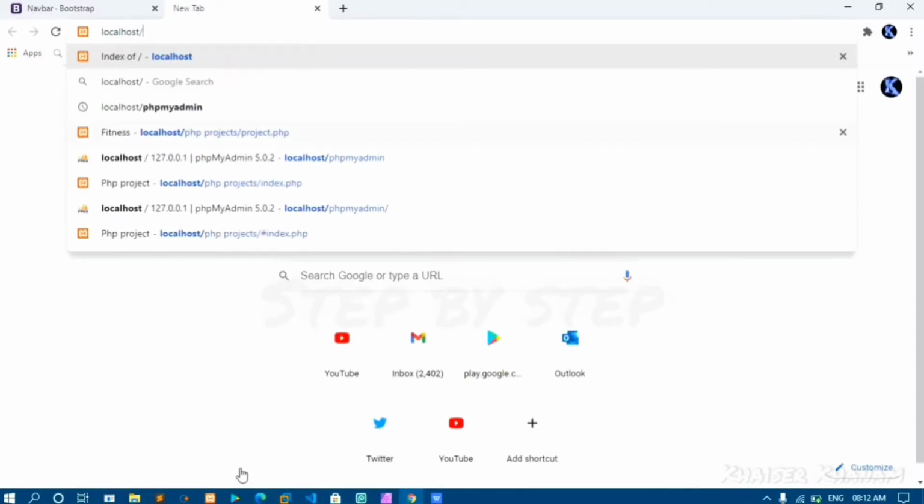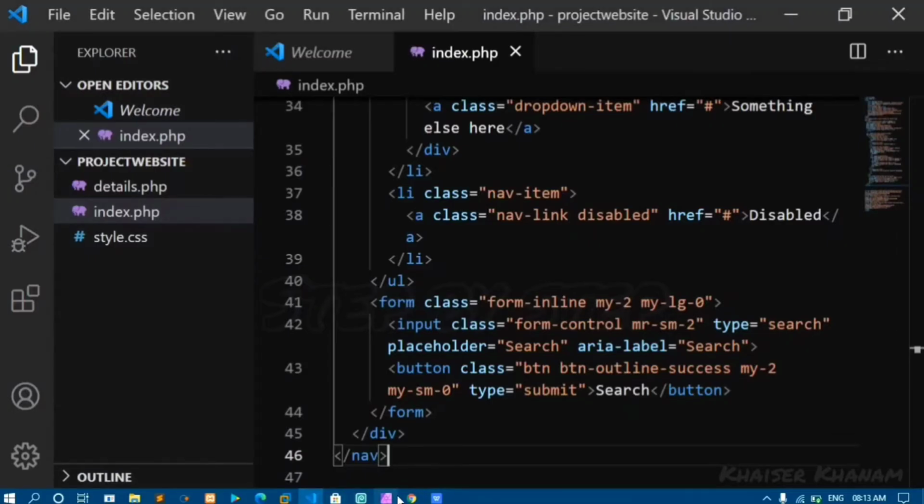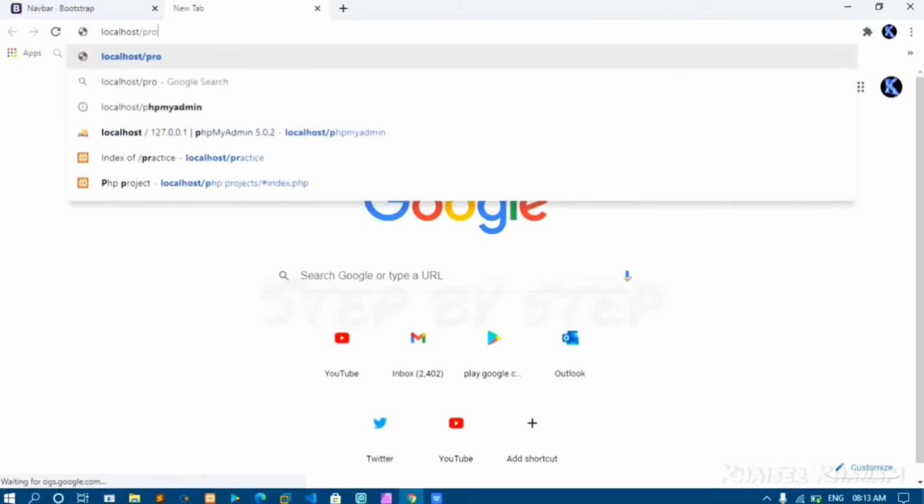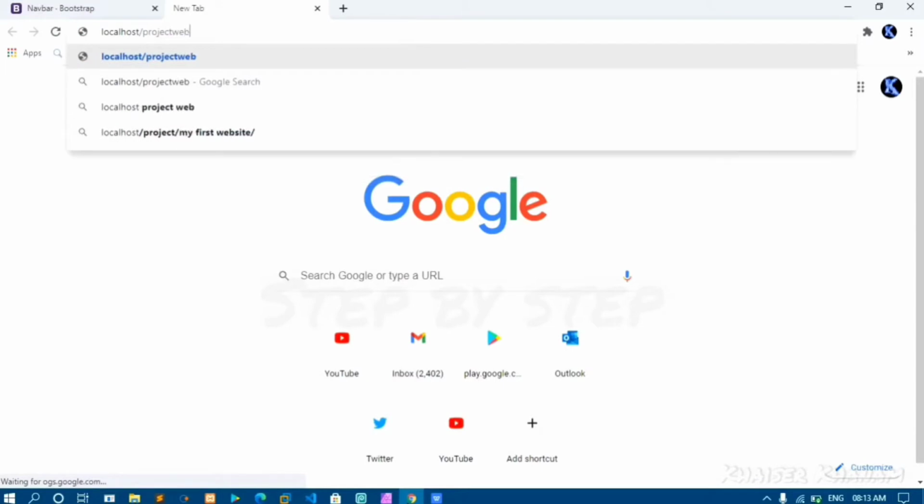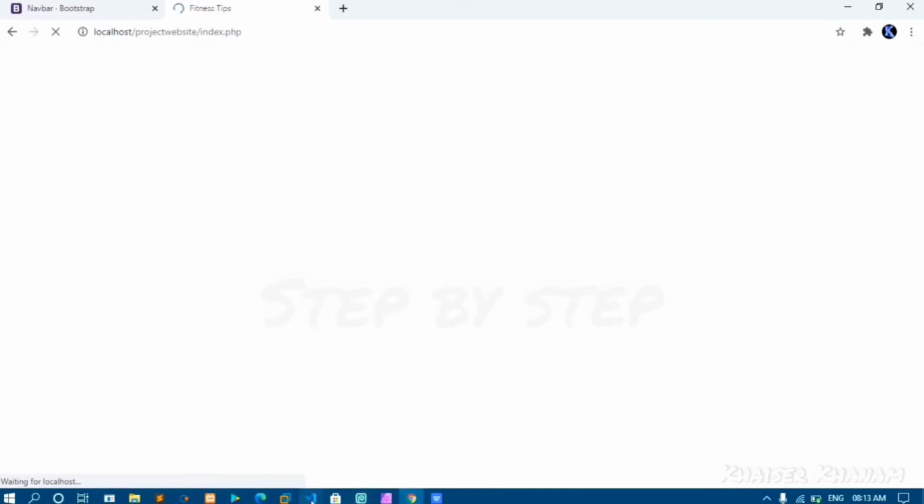My folder name was project website, and my file name is index.php. You can see my title here, fitness tips, and the output of my navbar here.